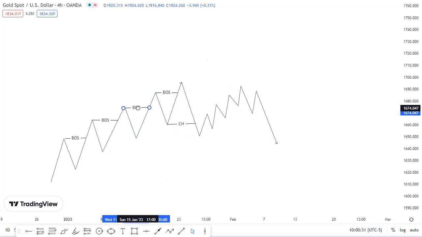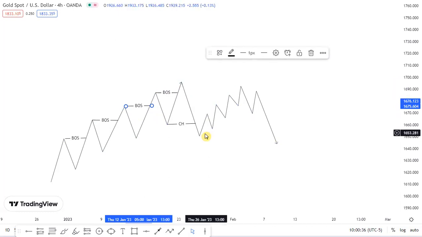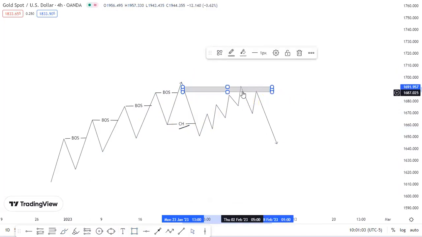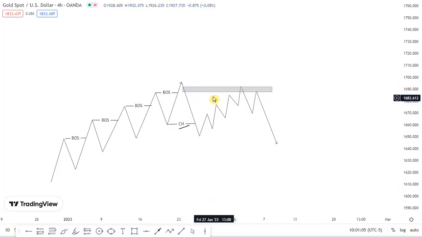Our demand zone, and when the market is pushing to the downside, we have what? Our supply zone. So in this particular case, since the trend of the market has actually changed, we are no longer having highs and lows. Within this move, there's a particular candle that caused the break of this market structure. So we have a particular candle within this zone, and that becomes our supply zone. So wait for the market to get to that area, then we'll be looking for selling